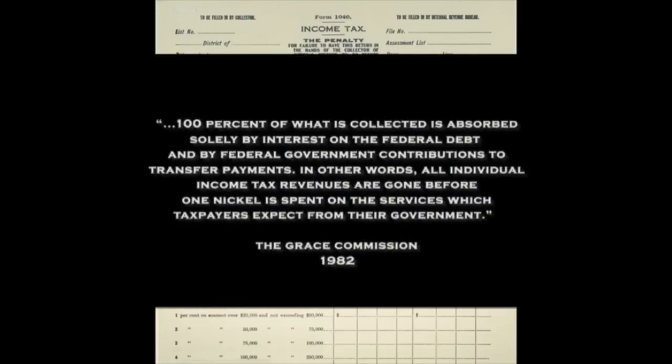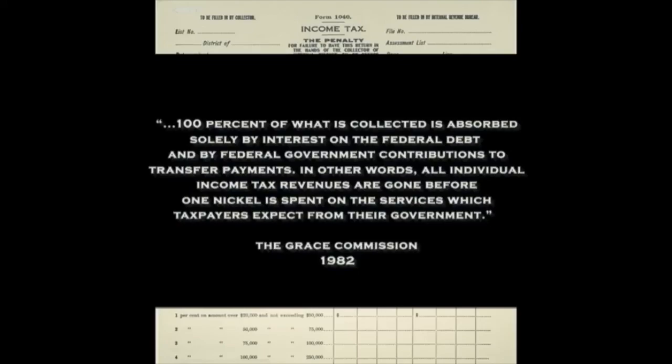According to the Grace Commission report of the 1980s, 100% of what is collected is absorbed solely by interest on the federal debt and by federal government contributions to transfer payments. In other words, all individual income tax revenues are gone before 1 nickel is spent on the services which taxpayers